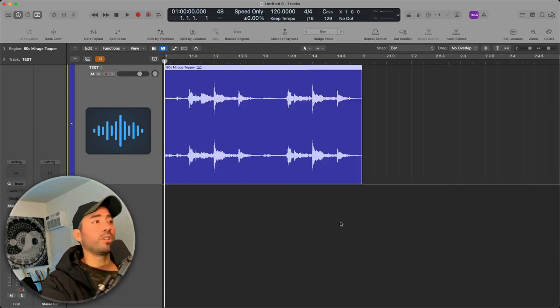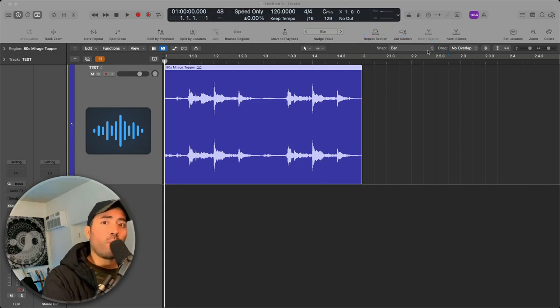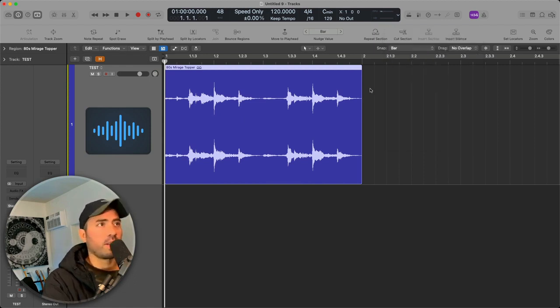So I have a region that's 1 bar long, right? And there's two ways to actually move this region. First way is called snap mode, and it's right here. I only want you to work with bar, beat, division, and tick for now. You have other values, it's true, but utilizing this system will give you the greatest amount of acceleration and progress